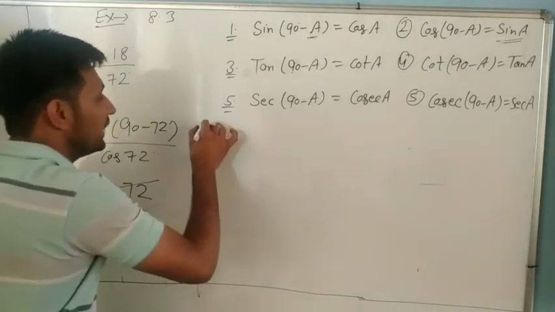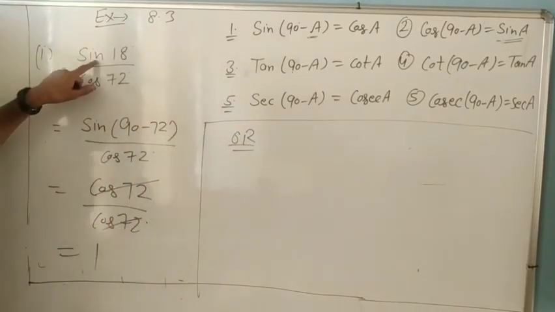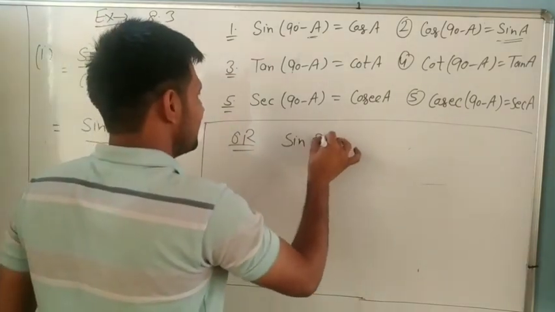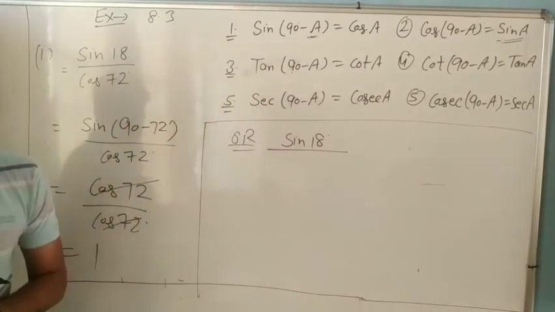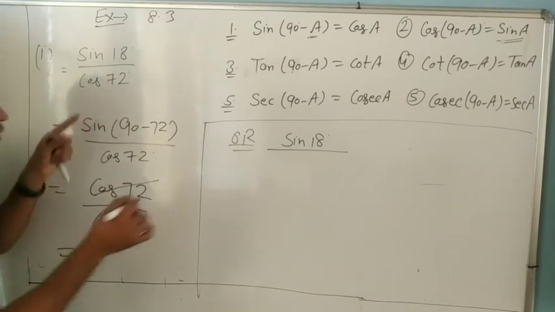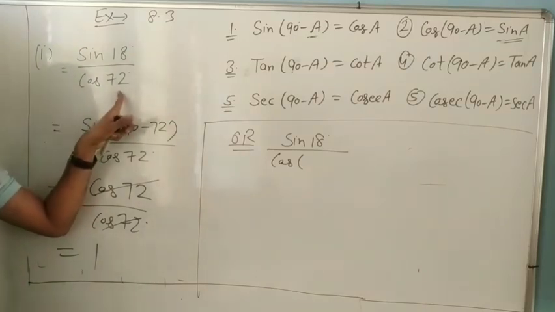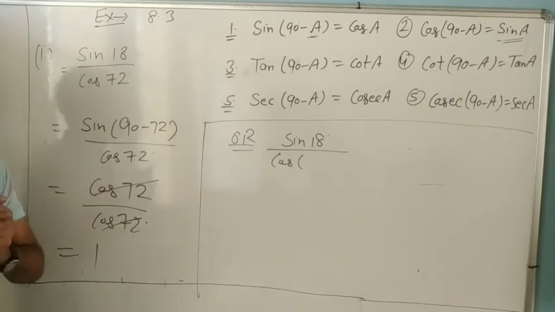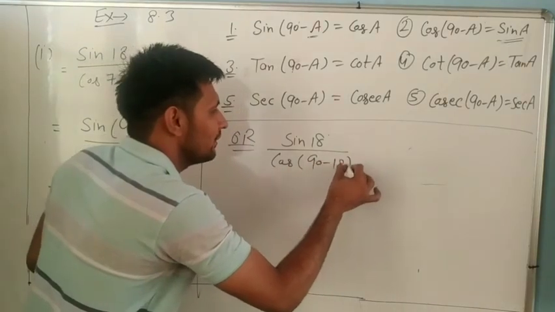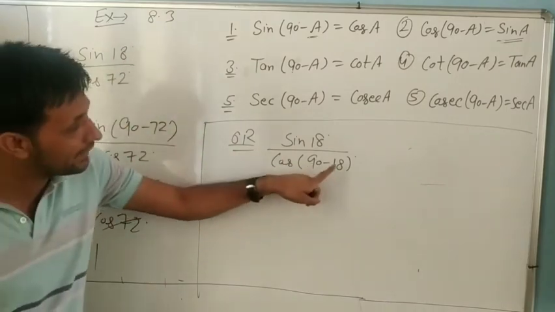Understand here? We can do this question by another method also. How? Now here we change sin. You can change it to cos also. Look at sin 18 divided by cos 72. We want to change to sin because both should be the same. Now cos 72: from what angle do we subtract to get it? What angle do we have to subtract from 90? Always remember, if you don't remember, see what angle is in the numerator: 18. So here also 90 minus 18.